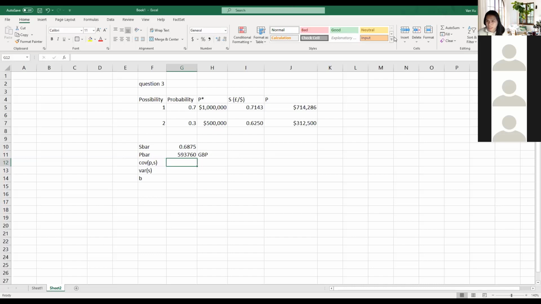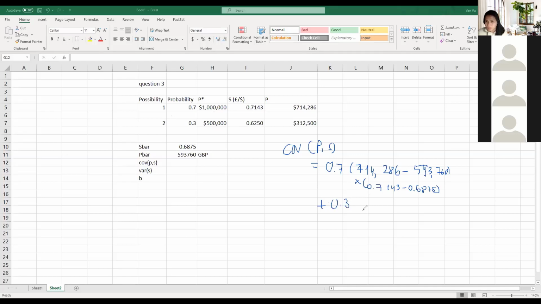What would be the covariance in this case? While you're doing the calculation, I'm just going to write the formula here. So probability 1 times P1 minus P bar, times S1 minus S bar, plus